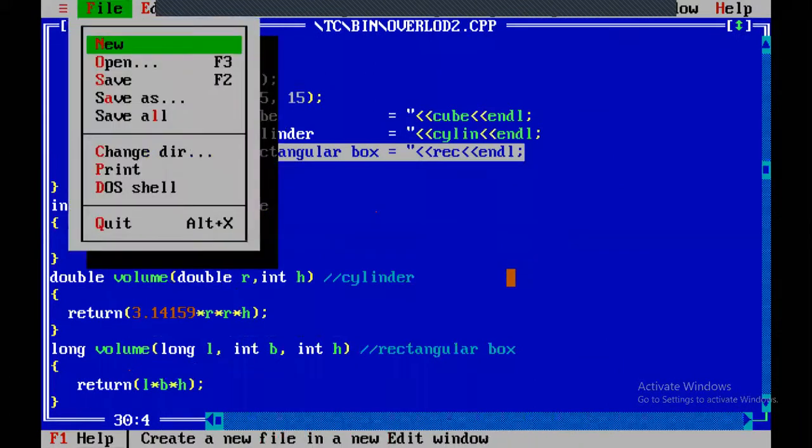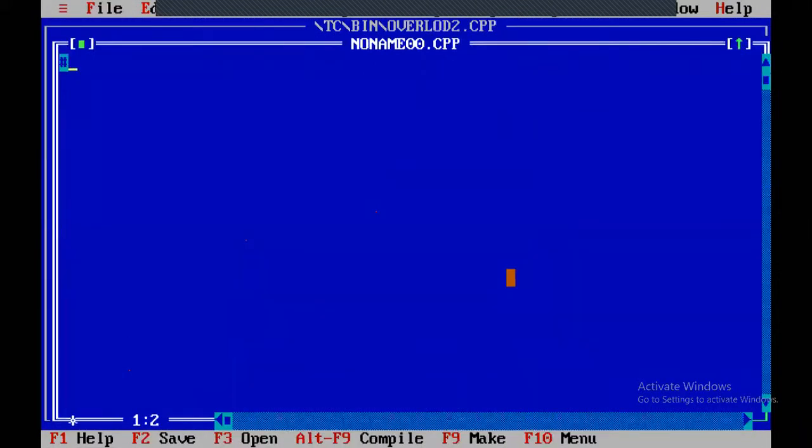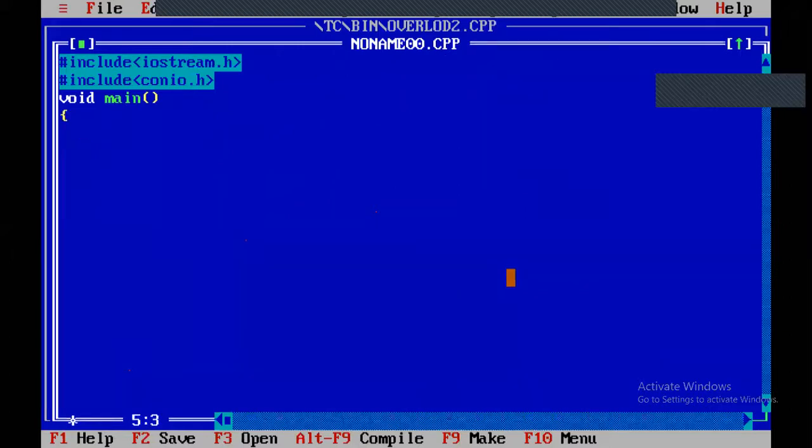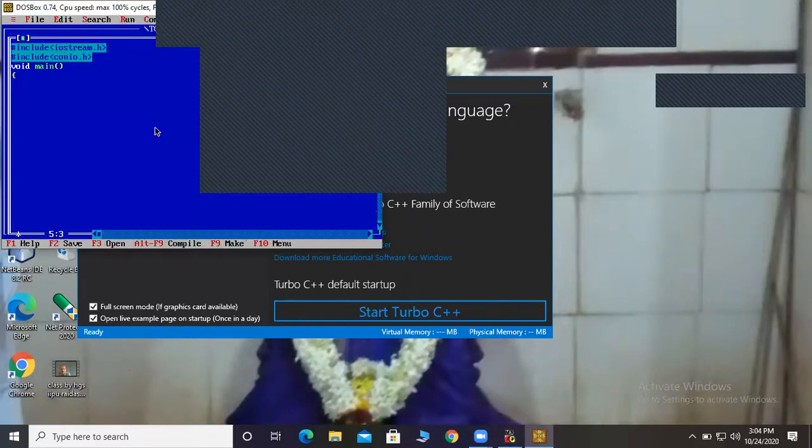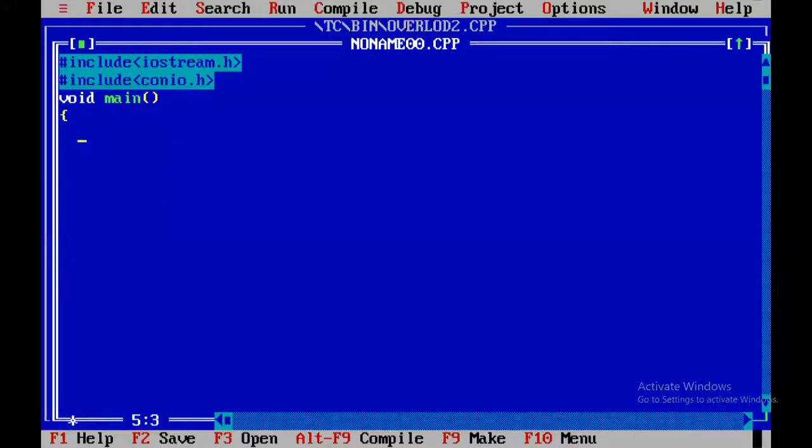So just look at the screen. I'll type the program. Let us consider the program where we read the character value, because we will understand it.